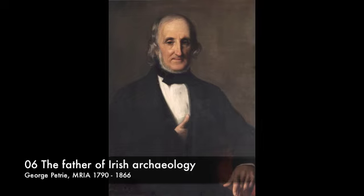George Petrie was born in 1790. He was an artist and an archaeologist, an antiquarian and a scholar, and an important collector of traditional music. He was one of the scholars that Thomas Larcom employed in the Ordnance Survey. And as Petrie travelled around Ireland working for the survey, he was able to collect nearly 1,600 songs and tunes,